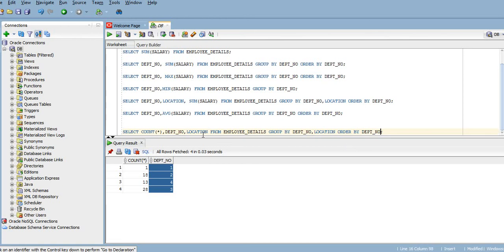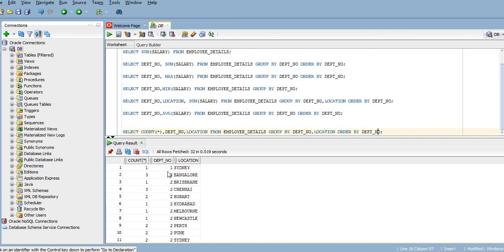As I have mentioned previously, I have added this location column to get the data as well as the same column name I have mentioned in the group by function. So let me run the query now. Yeah. So what it is doing, it helps us to get the data in such a way that we can see for each department, for each location, how many employees are working in that company.